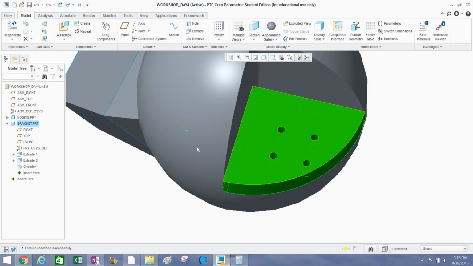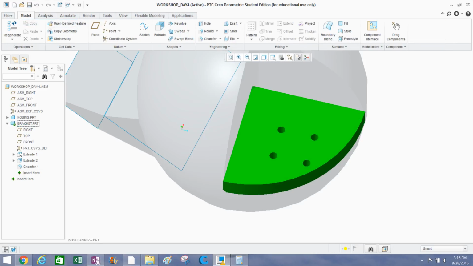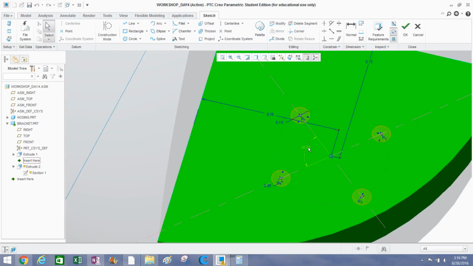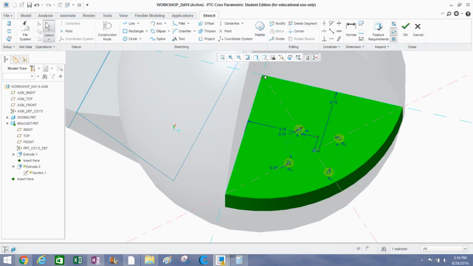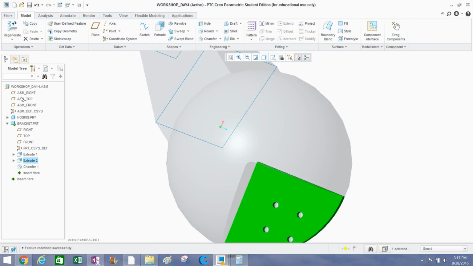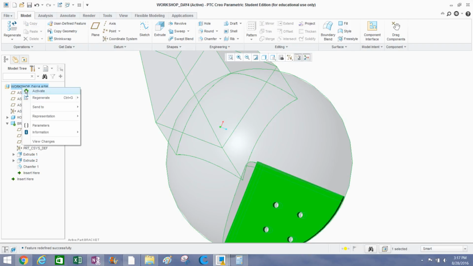I don't know why I make my life so difficult. I could just come over here to the right and click on it, but right click on it and activate. Let's go to the extrude 2 and edit definition. And here's the other culprit right here, 85 degrees. You want to just change that to 90. And you'll see everything kind of moved over. And click OK. And now, if we activate the entire assembly,